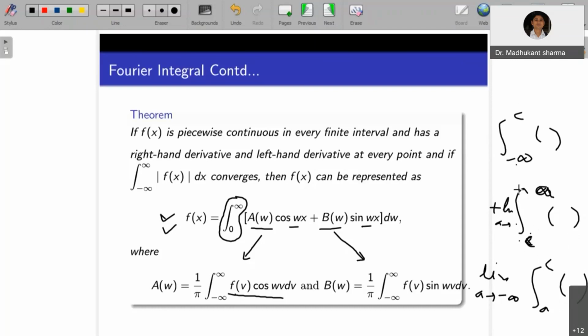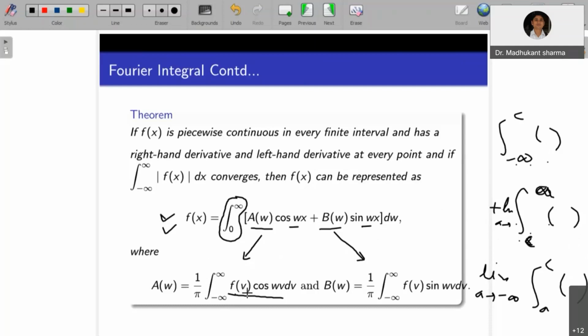Okay, and if this limit exists, meaning after evaluating the upper limit minus the lower limit and applying the limit you get a finite value, then you will say that it converges. Finite value plus finite value again leads to a finite value. So for the existence or convergence of this complete integral, you need the convergence of both integrals. If one of them diverges, the entire integral diverges. Okay, so assume that those things are